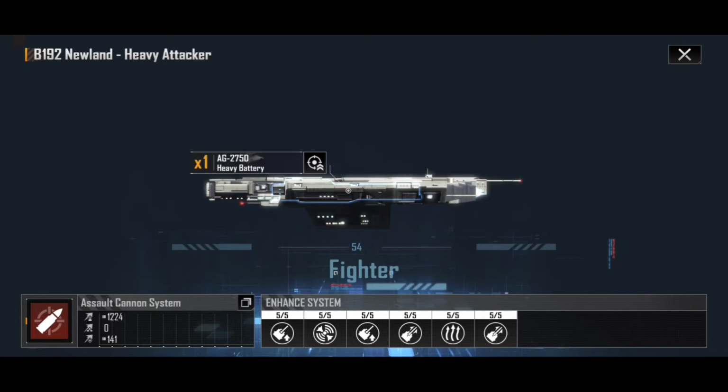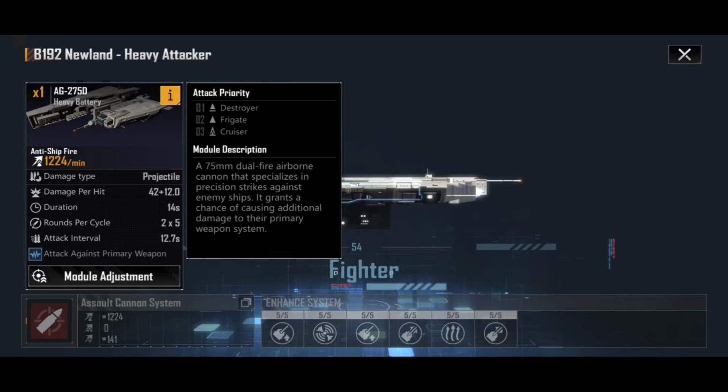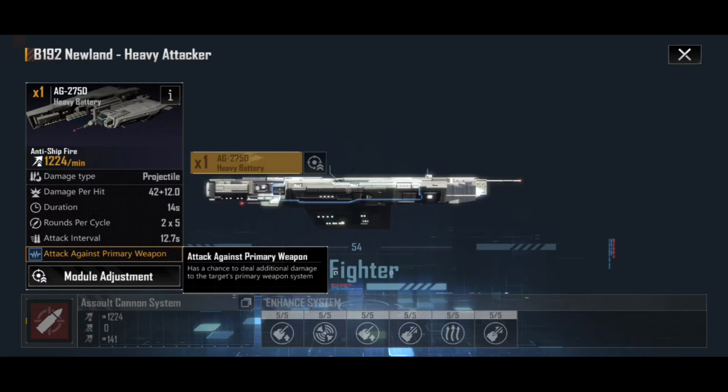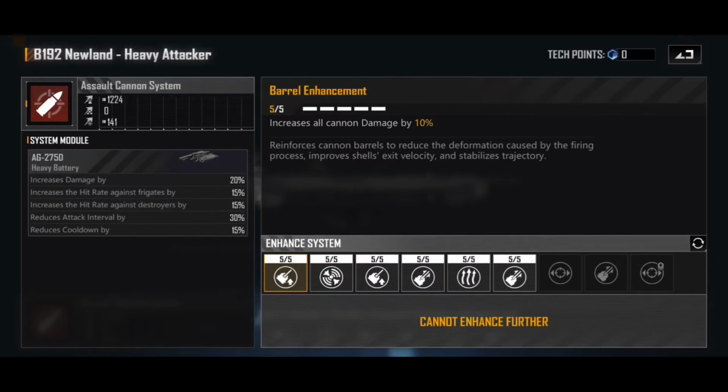Its main weapon system is a heavy battery. This is, again, you'll see here, destroyer, frigate, and cruiser, and it says attacks against primary weapon. It has a chance to deal additional damage to the target's primary weapon system. If we come and actually have a look at the enhancements, you'll see that a lot of these are straight